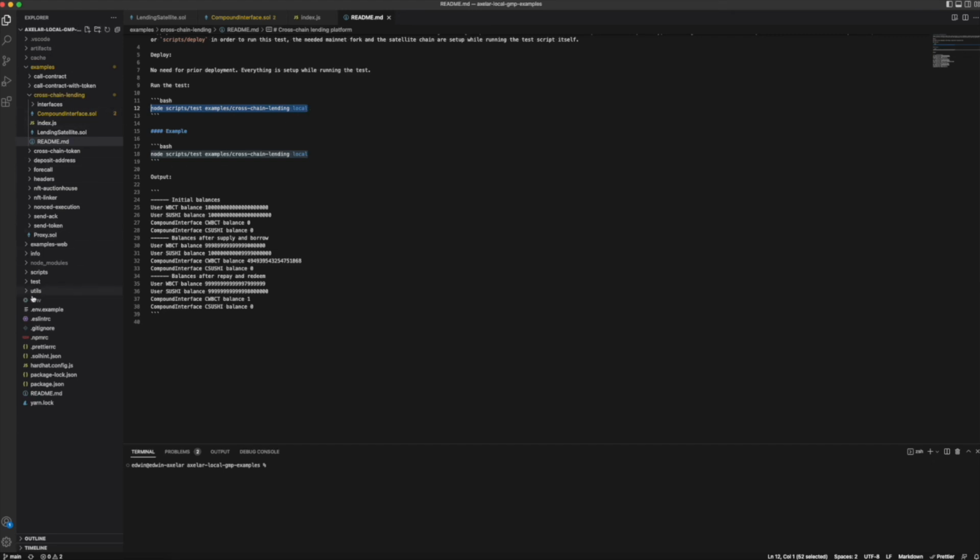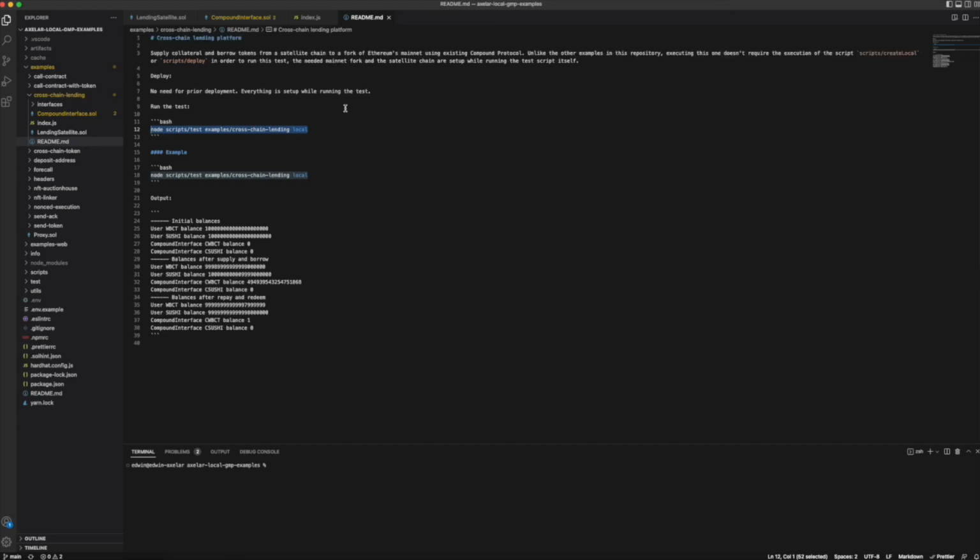If you're familiar with the other examples in the repository, you will notice that it's a little bit different. In this case, we are only going to need to execute this one. We don't need to execute any other scripts for deployment or creating some local networks. So, all right, let's start by executing this